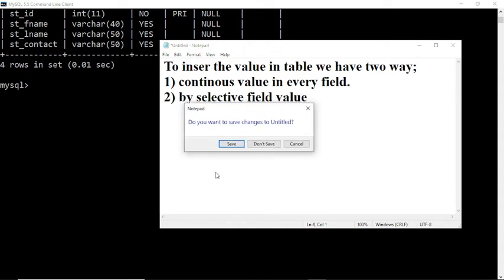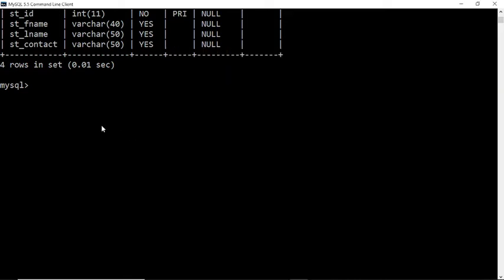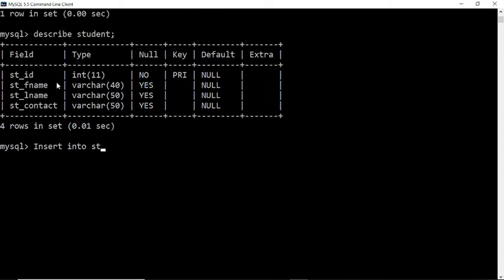Look here. First we write the command insert into, and the table name, here I will use student. In this student we write values directly, and the first value is the integer, so I have given 12. The second is the F name, so I am giving my name Vikas.